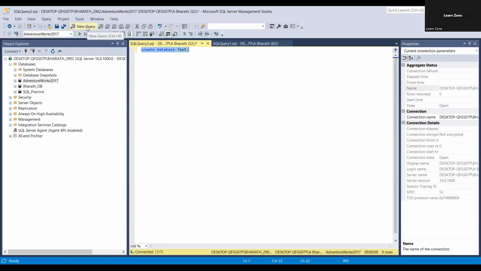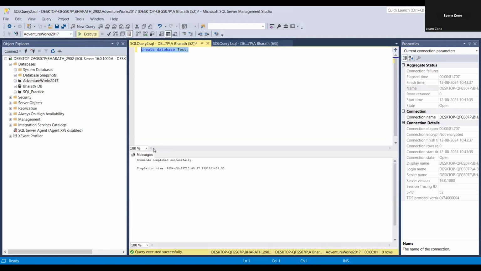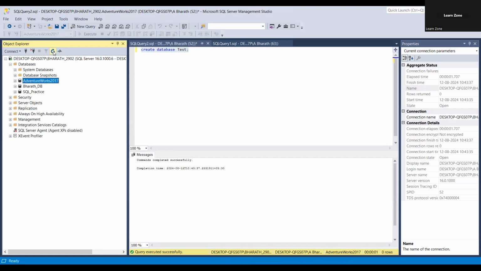This is for opening a new SQL session, and this is for executing the query. This is the command to create the database. The command completed successfully. So if you refresh here,